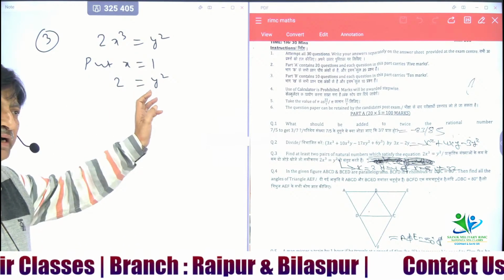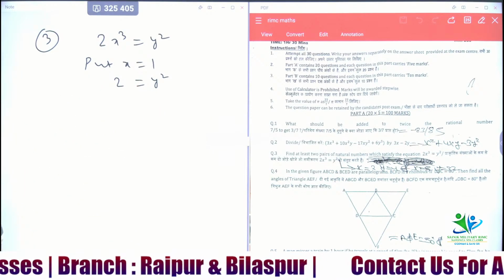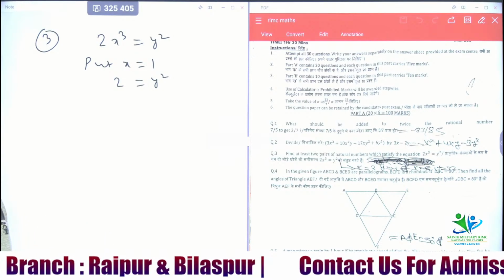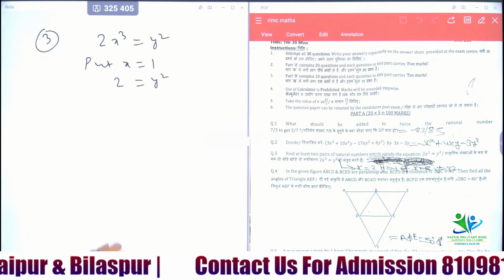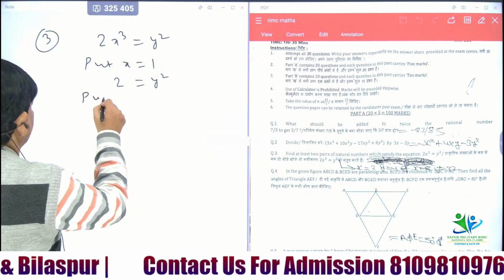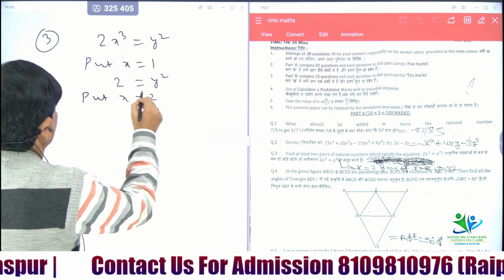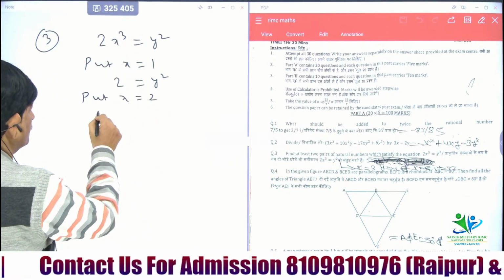If we find the value of y, you get root 2. Root 2 is not a natural number. Therefore, x is equal to 1 is not possible. Similarly, if we put x is equal to 2, then we get